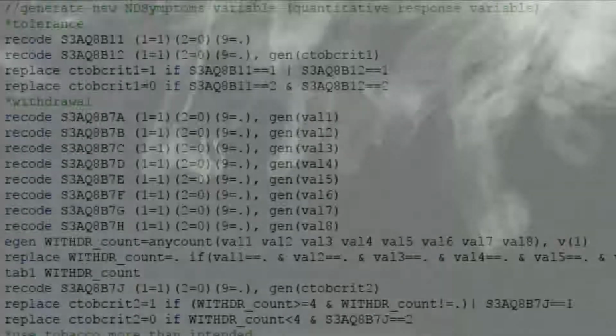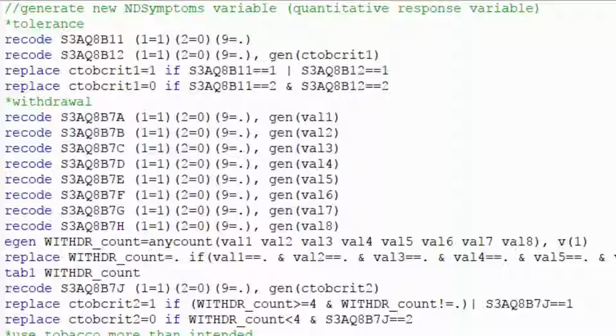There are 7 symptoms of nicotine dependence according to the NESARC codebook. We need to data manage each of these nicotine dependence variables in order to be able to add them together to create a sum score that indicates the severity of nicotine dependence. We will do this in accordance with a common list of criteria for nicotine dependence based on the DSM, Diagnostic